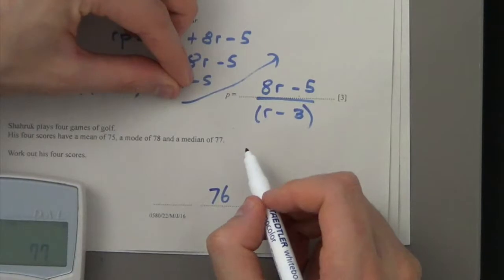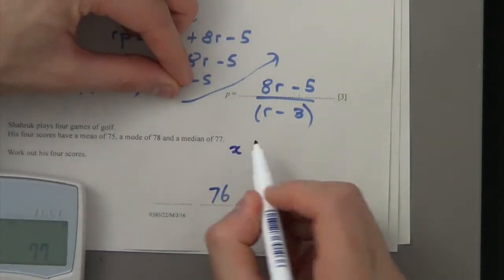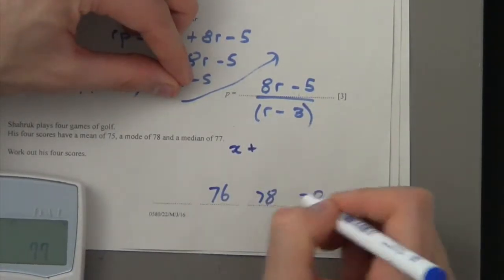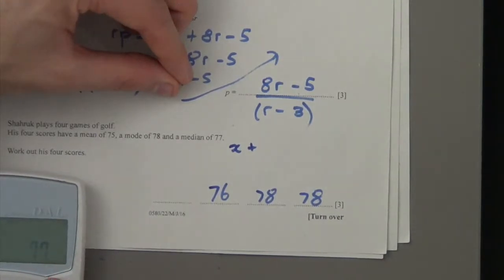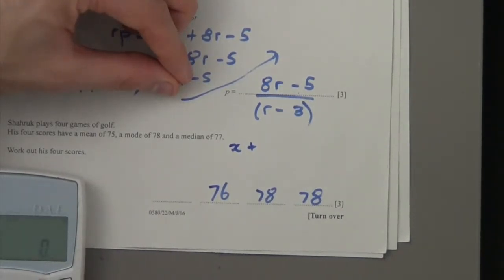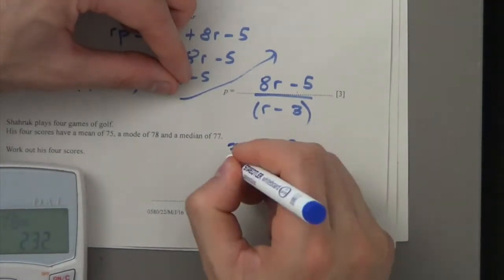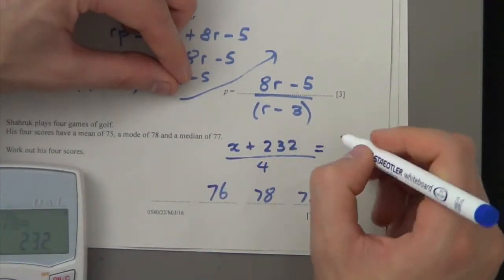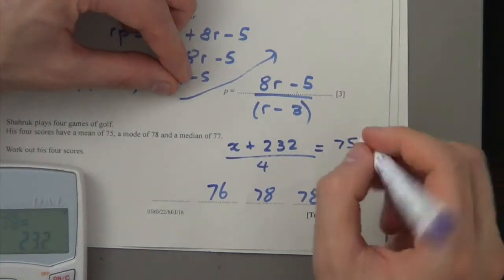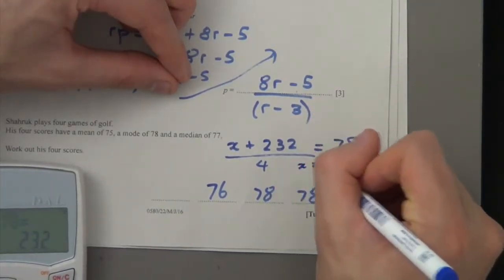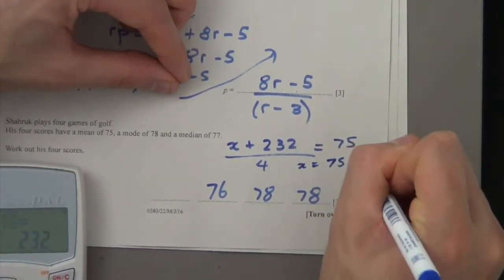I'm going to say x plus this total. I'm going to add that up. So 76 plus 78 plus 78. So that's plus 232 divided by 4 has to give me 75. Okay. So it gives me x equals 75 times 4